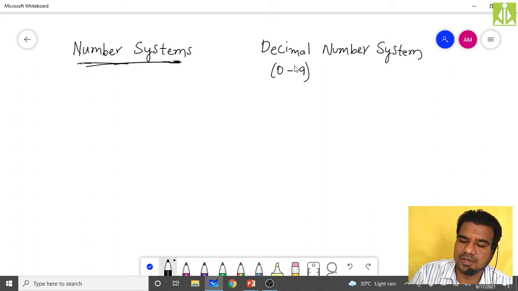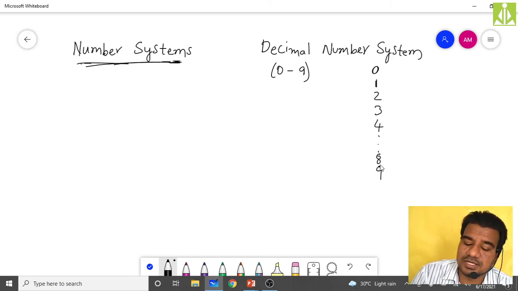10 means deci. So to represent zero count, no entity at all, no thing at all, we use 0, isn't it? Then to represent 1 as count, we use this particular symbol, 1. To represent 2 as count, we use this symbol, 2. 3 as count, 3. 4. Likewise, up to 8 as count, 8. 9 as count, 9. 9 represents 9 entities, 9 things, 9 rupees in our financial transactions, or 9 as count in our mathematical calculations.